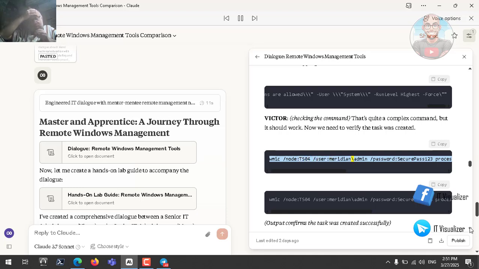WMIC /node:TS04 /user:meridian\admin /password:securepass123 process call create schtasks /query /tn "Ensure RDP Enabled" /v /fo list > c:\temp\task.txt